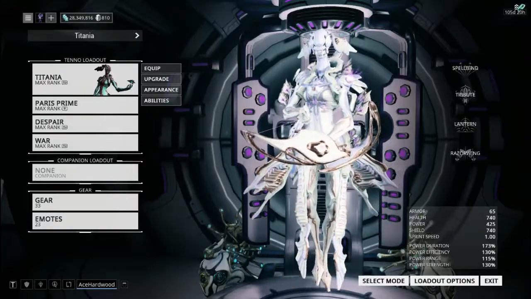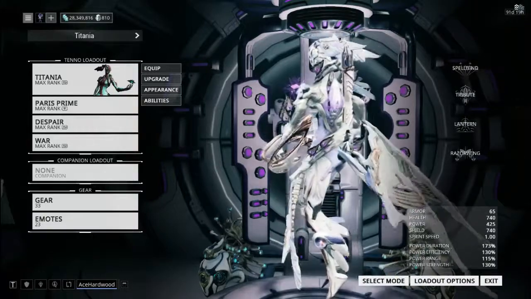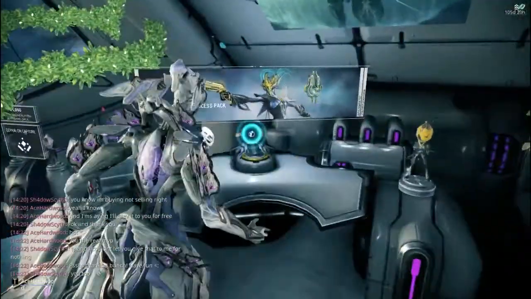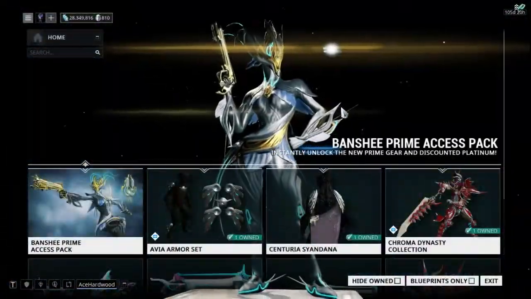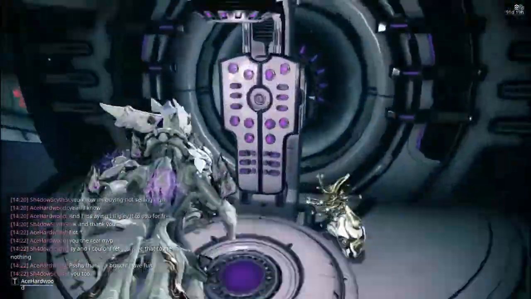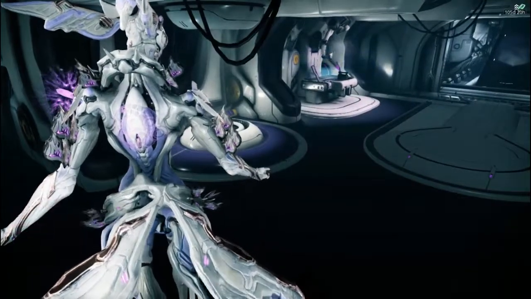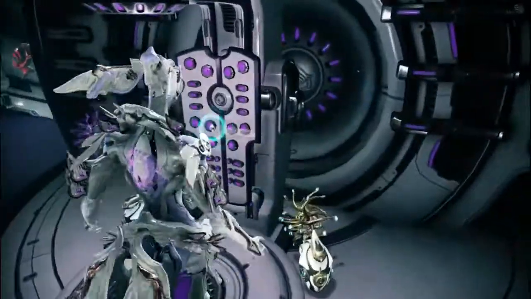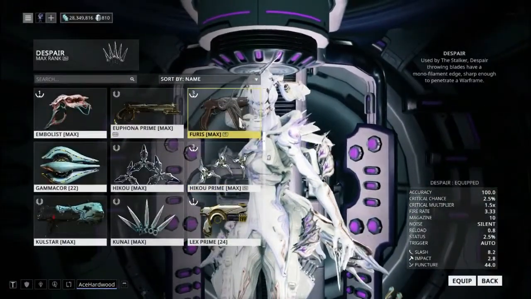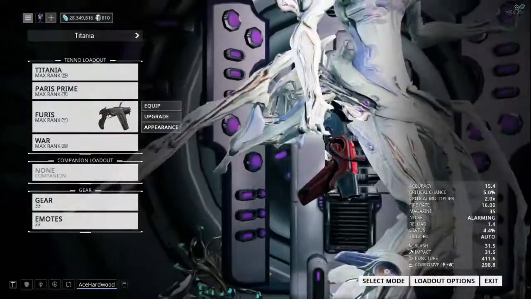Hey there, Tenno. I'm Shadow Scythe, and today we're doing a fashion frame review of the brand new Avia armor set and the new Sandana which came out, which is called the Centuria Sandana. I could not remember that off the top of my head, though. I apologize. I will also be talking about the new augment mods that were added, and the fact that, let me swap my secondary really quick, because they just updated the Furus with that brand new appearance and